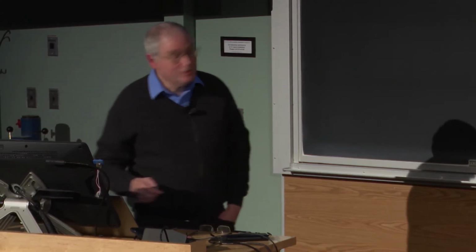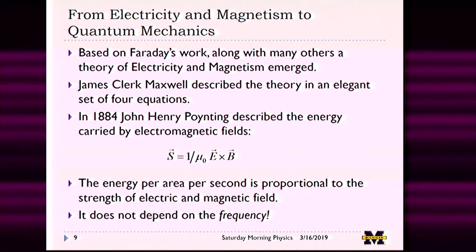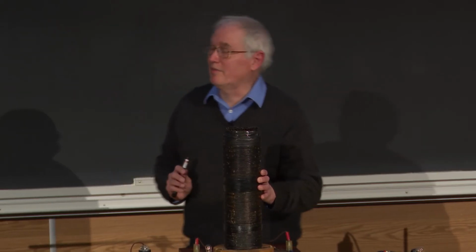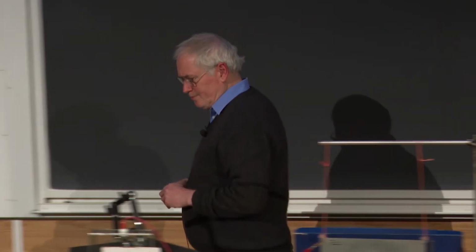So let's go on to the next topic I want to talk about. From Faraday's experiments, a new understanding of electricity and magnetism emerged. And by the end of the 1800s, Maxwell was able to capture all of this understanding. An essential part was that a changing magnetic field gives an electric field, into a set of equations known as Maxwell's equations.